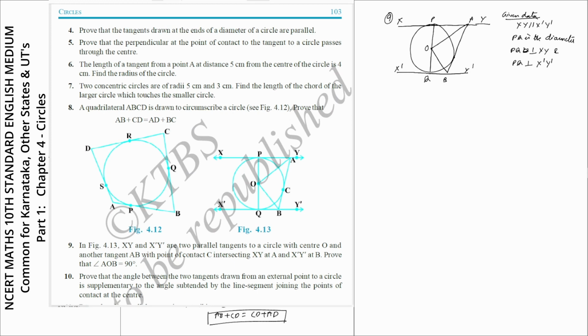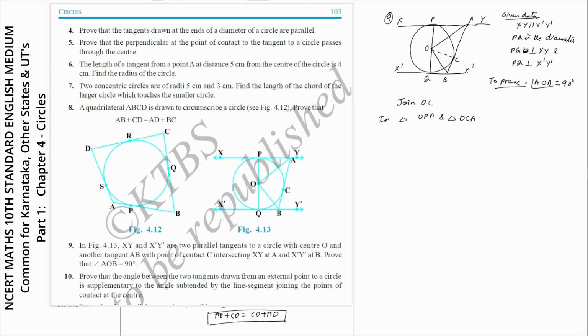Now I should prove that angle AOB is equal to 90 degrees. C is the point of contact of the tangent AB. So I'll join OC. Okay. Now in triangle OPA and triangle OCA,